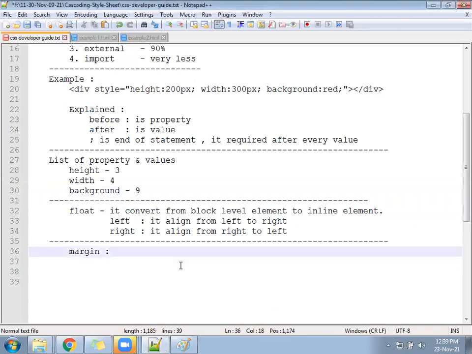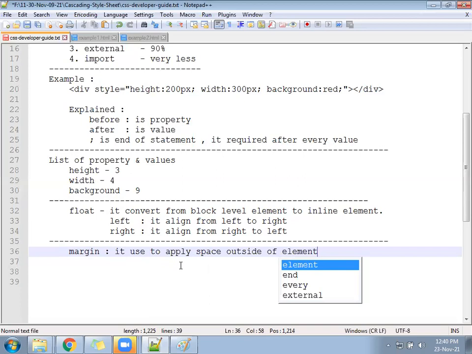What is the purpose of that? It is used to apply a space outside of the container, outside of the element. Element in the sense your tag. Container also will represent your tag only.